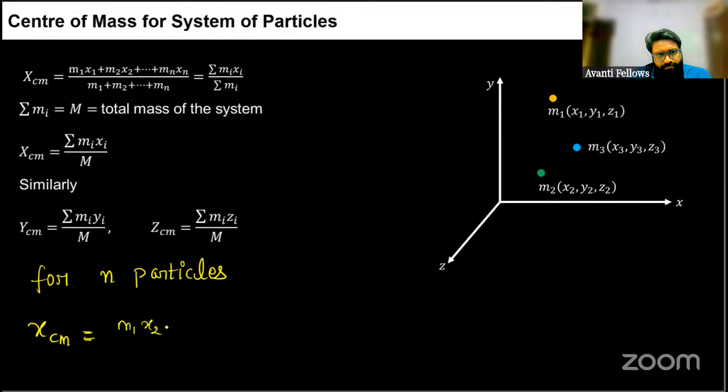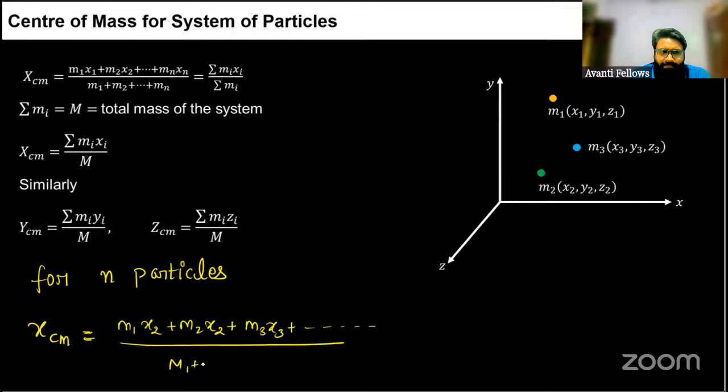M1 X1 plus M2 X2 plus M3 X3 divided by M1 plus M2 plus M3, total mass of the particles. ठीक है. तो we can write it as sigma Mi Xi, and i varies from 1 to n, divided by